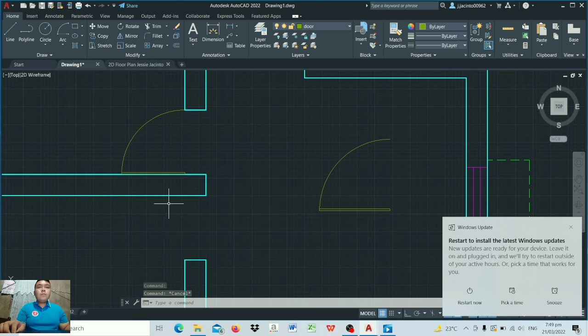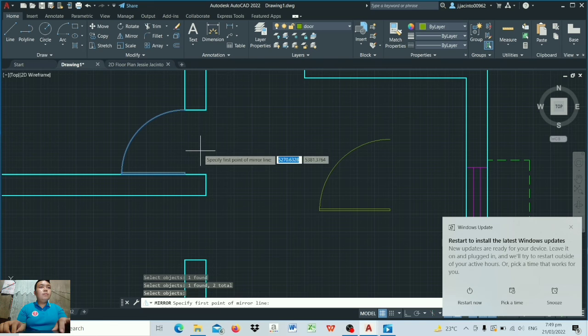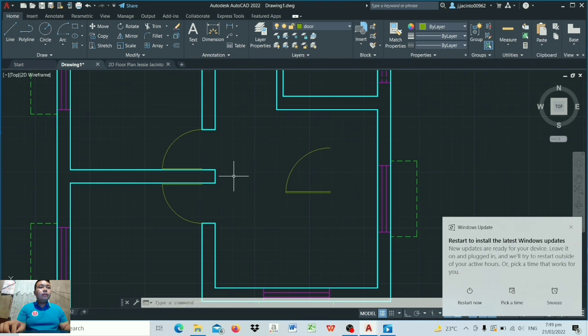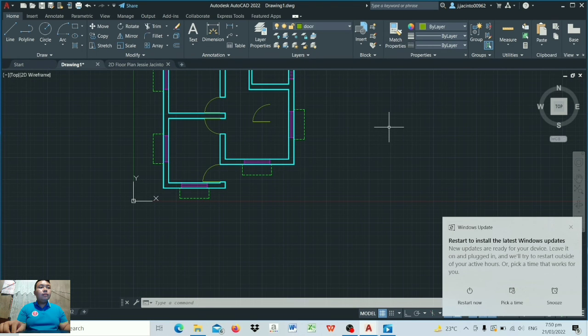Now to the other part, we need to mirror, so select the object, then I will use this midpoint, and yeah, as we can see, then yeah, so I've already put 3 doors. Now